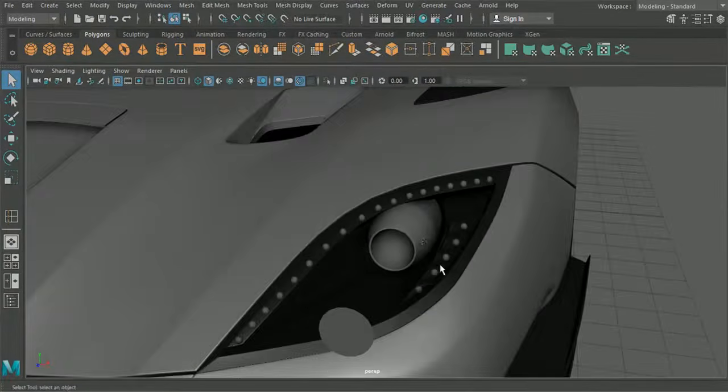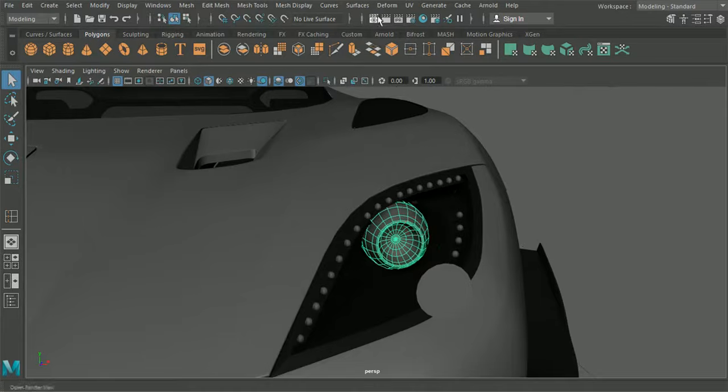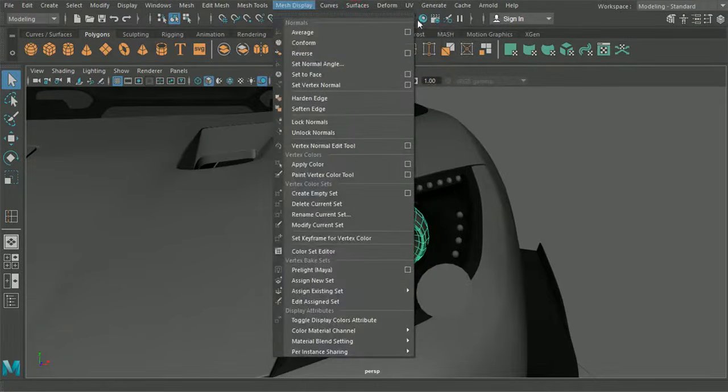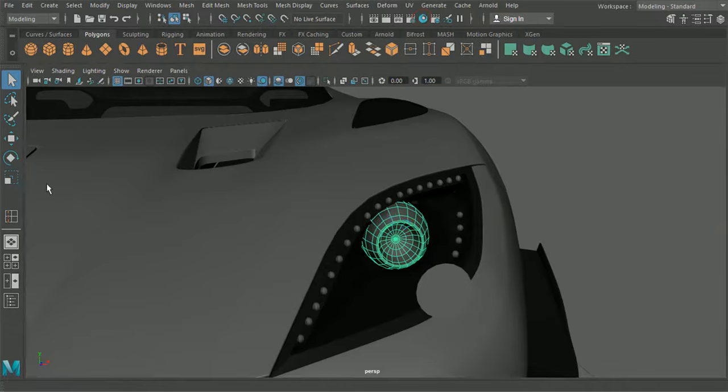So that looks pretty good. So we can get our material on there.